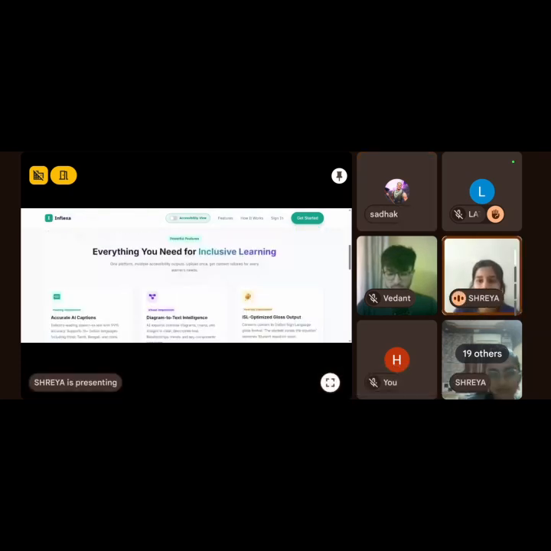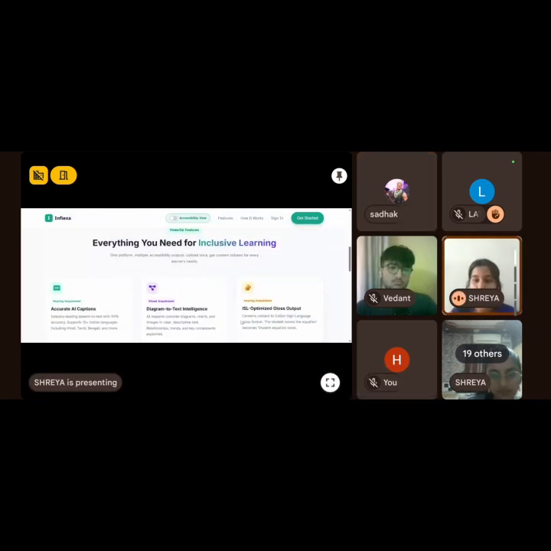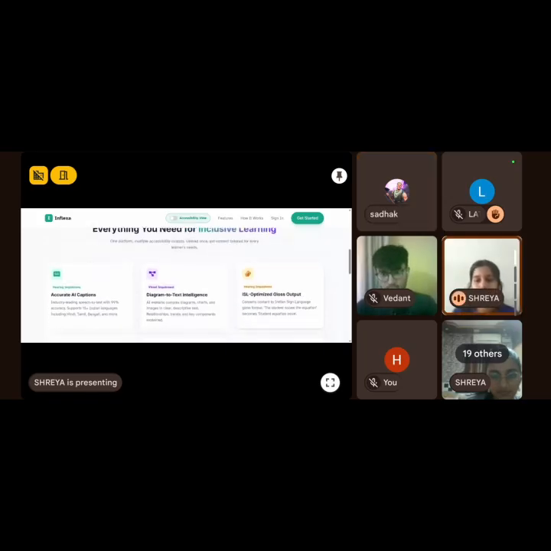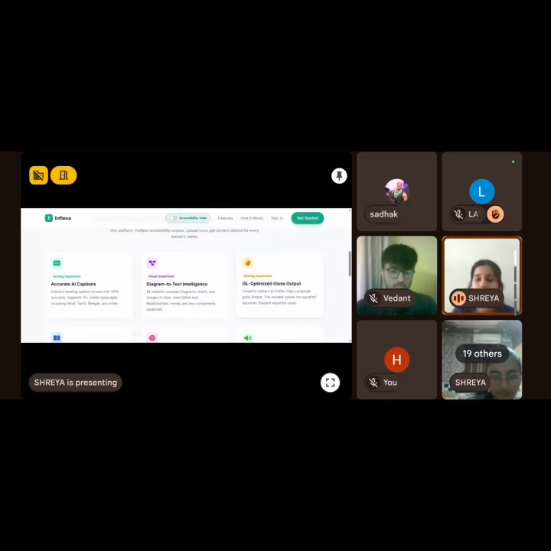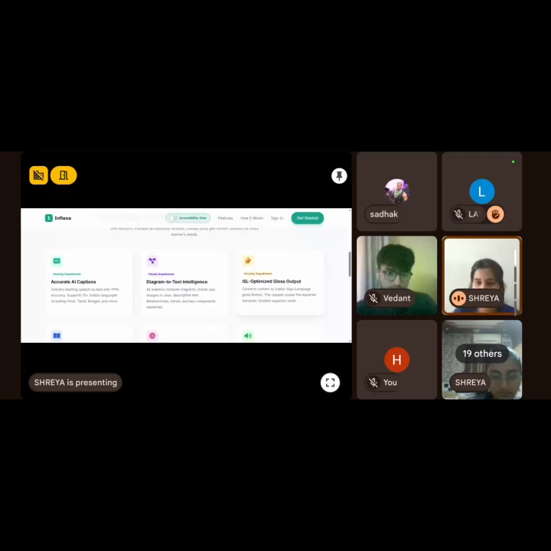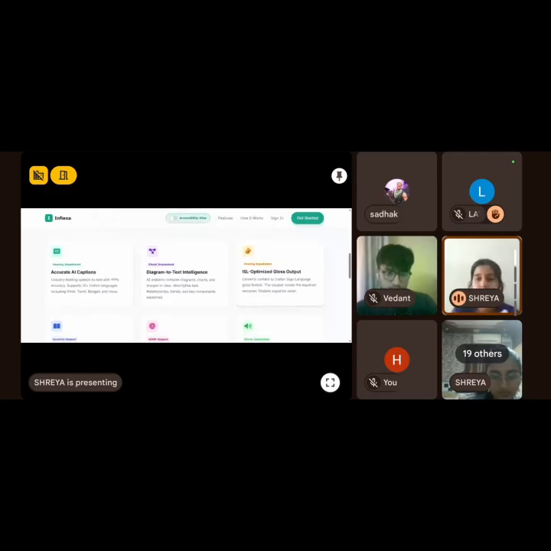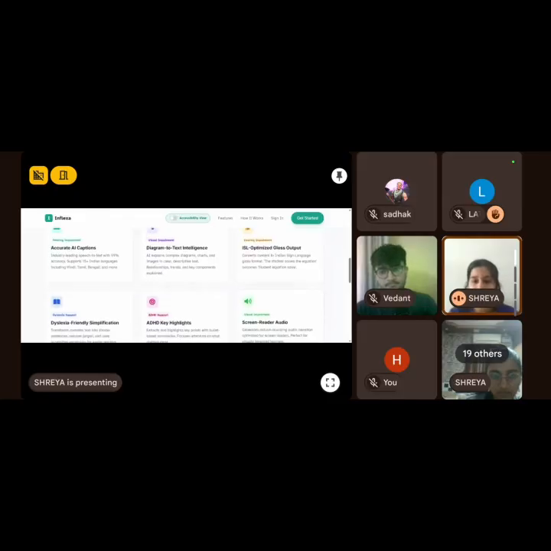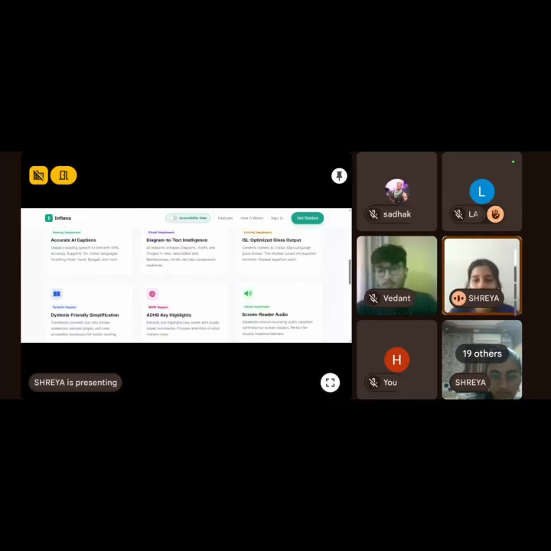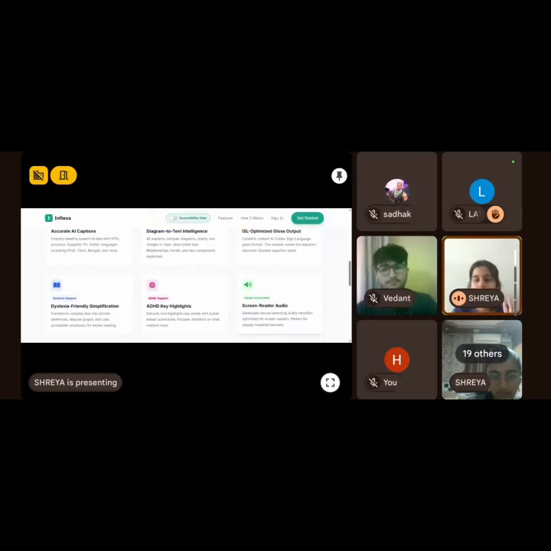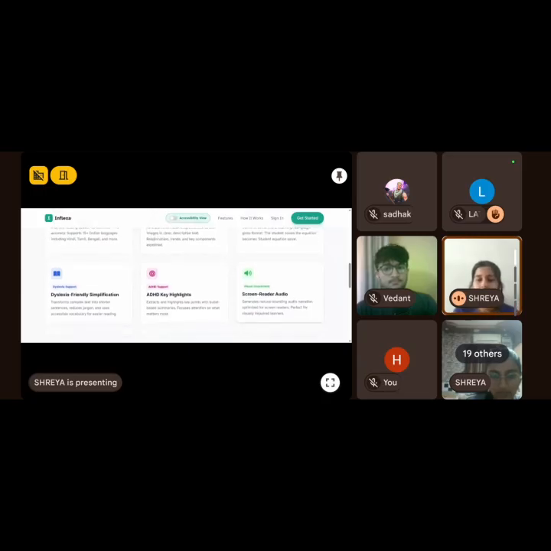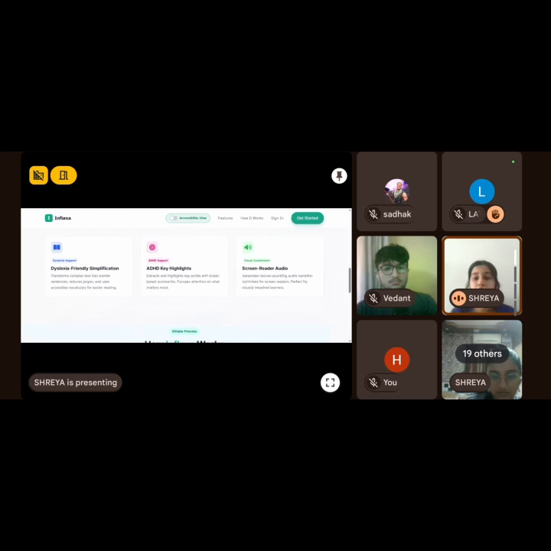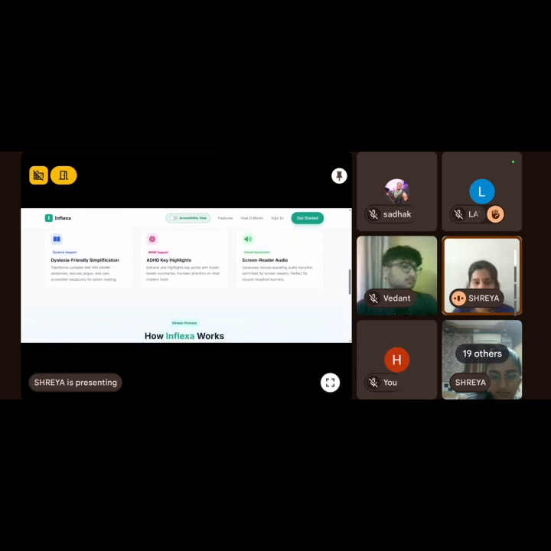Inflexa is a unified AI powered accessibility platform where the user simply uploads the lecture material, be it a video, audio, image, or text, and it can be converted into multiple accessibility formats automatically. It converts this lecture material into content that is easy to understand and grasp. It works on the concept of one upload to multiple accessibility outputs and is powered by Google Gemini, Google Cloud Services, and a responsive backend, which makes the learning seamless and inclusive.